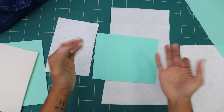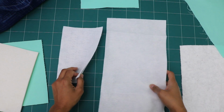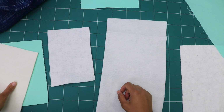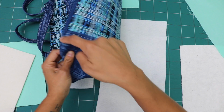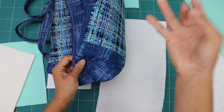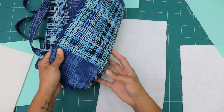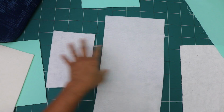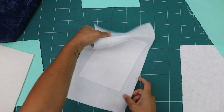shape of the finished project, but also very important, the machine. If your machine is not very heavy duty, I definitely recommend that you stick to some of the thinner stabilizers because you might have some problems, especially when you get into points like this where there's a lot of seam intersections and added layers of bulk of, say, lining, exterior fabric, foam, and things like that, then top stitching. So depending on the complexity of the bag project you're working on, you may run into some issues with your machine if it's unable to sew through all the bulk. So these are some good options to replace